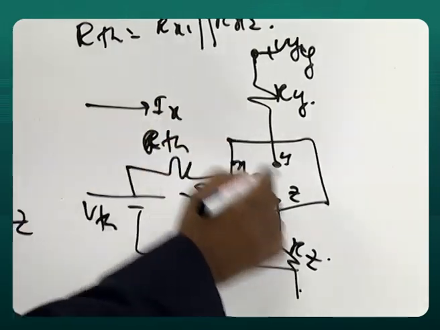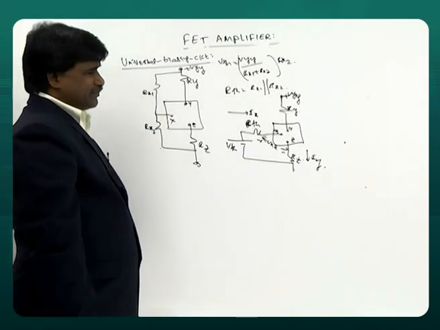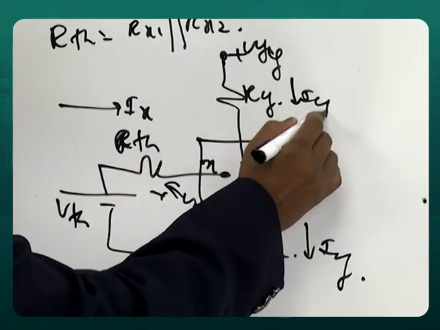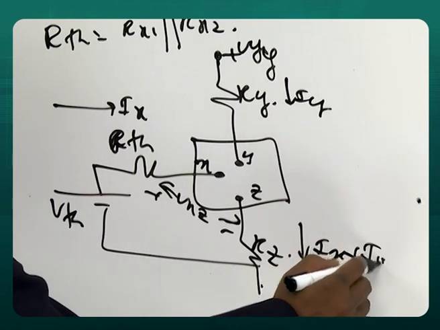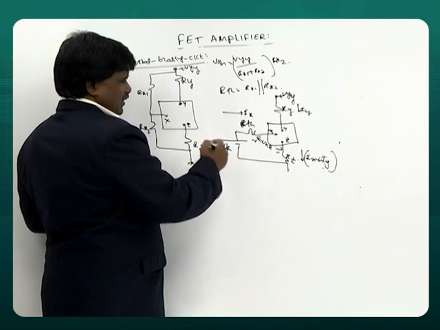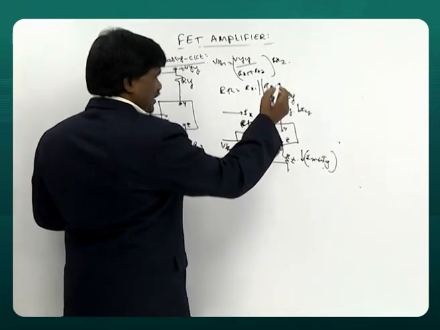This is IX, this is IY. In fact, this is IX plus IY. And if you apply Kirchhoff's law, KVL, we call it input KVL,